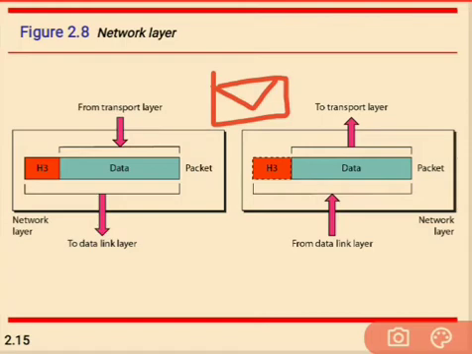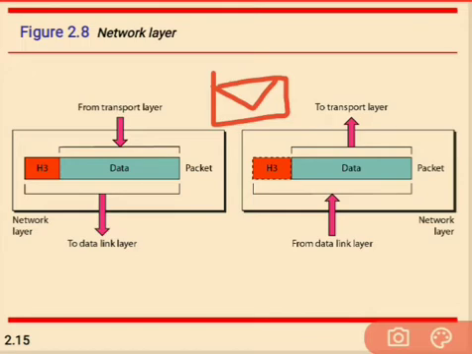And the functions of the network layer are routing. The network layer protocol determines which route is suitable from source to destination. So this function of the network layer is known as routing. Routing, in the sense of what here? The network layer protocol determines which route is suitable for source to destination, so it identifies the path for sending the packets. So this function of the network layer is what we call routing.